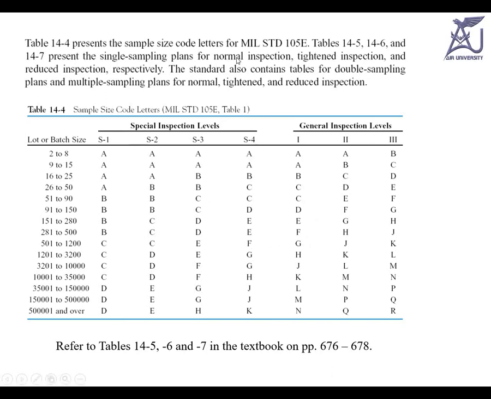This is basically MIL-STD-105E, which we will be using for the acceptance sampling. This standard was devised in the Second World War and it was released in 1989, and 105A was released in the Second World War, but later on 105E was released in 1989. So this MIL standard can be used for any inspection, but you may start with the general inspection.